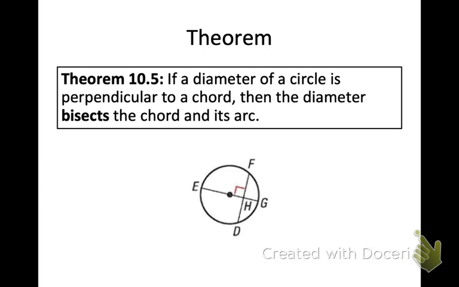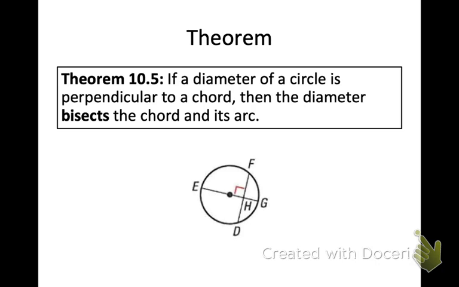So if you had diameter EG, and I know it's a diameter because it goes through the center of the circle, and I have chord FD